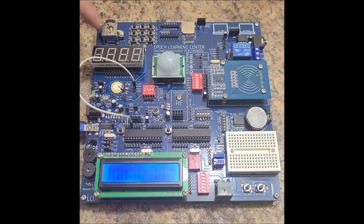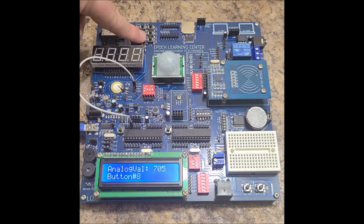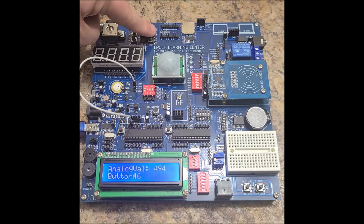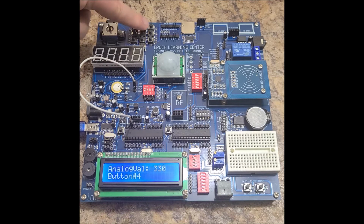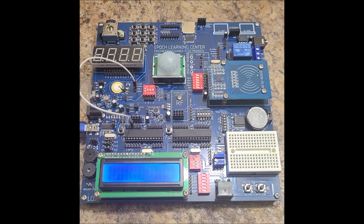So what I'm going to do is press all the buttons. It's from 0, 9, 8. Look at how the numbers are decrementing. 7, 592, 495, 409, 330, 252, 175, and 93. Now remember, we're going to see anywhere from 0 to 1023, 0 being 0 volts,